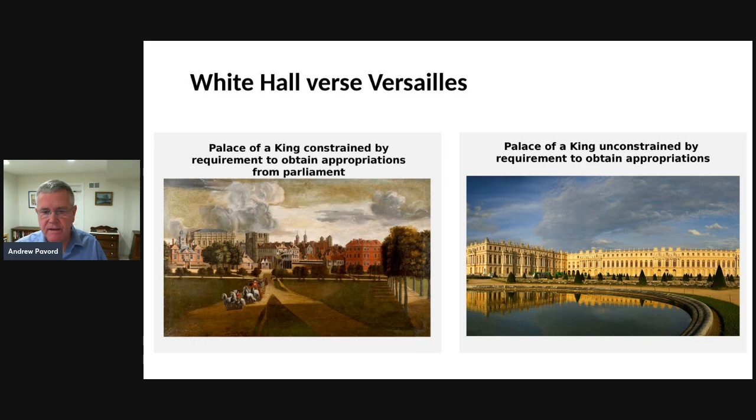Look at Versailles, an amazing palace with extraordinary, incredible stuff. And it was only possible to build such a great palace because the king was not constrained by any legislature. The king was an absolute monarch who could essentially spend whatever he could get his grubby hands on, whereas the English king was restrained by Parliament. And that's the story we want to talk about in this video. How did the English king become constrained and limited?